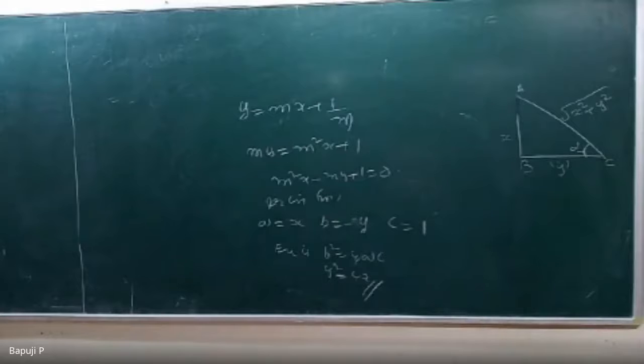The same problem I could differentiate with respect to m, after squaring remove m, a lot of things I did. But you see, I am attacking directly. So if the parameter is in quadratic form, directly I can write B square is equal to 4AC as the envelope of the given equation. Any problem? No, sir.